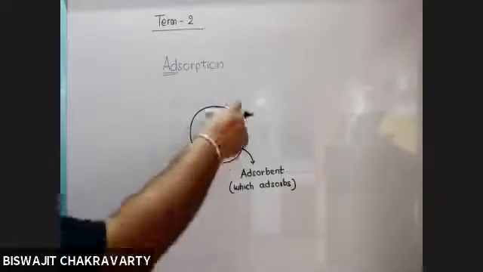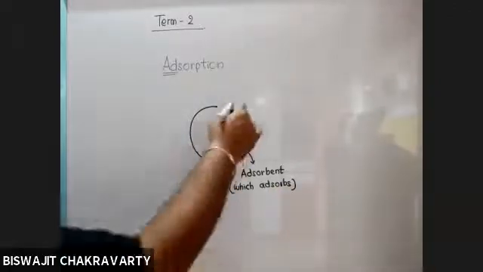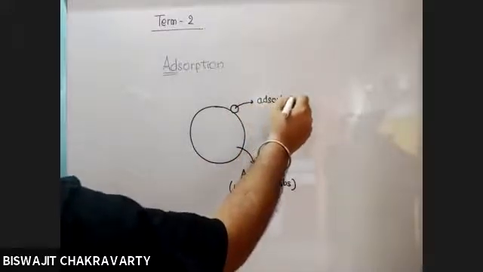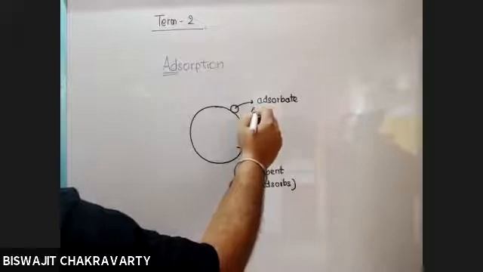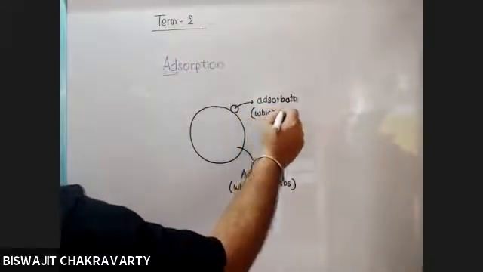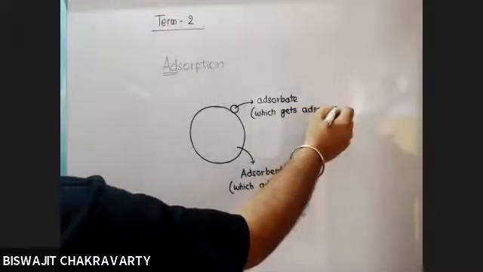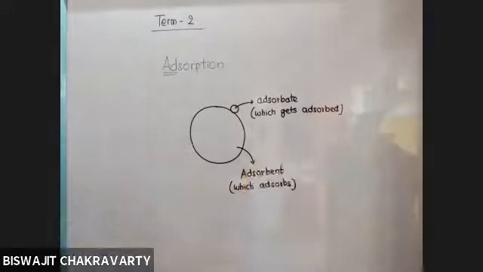And the other which gets adsorbed is called the adsorbate. Which gets adsorbed. So these are the main components of adsorption. One which gets adsorbed, which comes on the surface, is referred to as the adsorbate, and the other which adsorbs